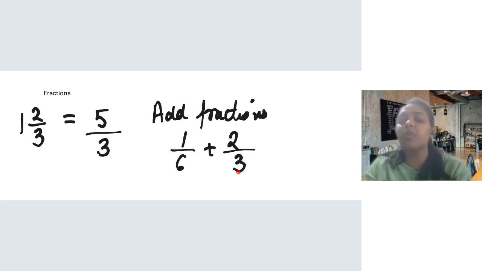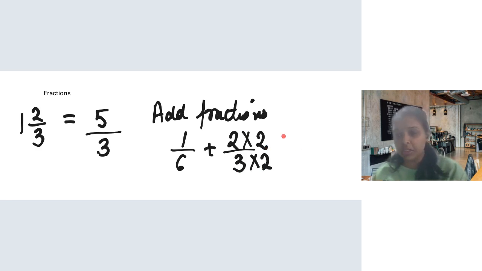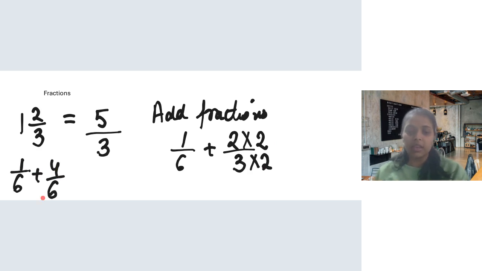Okay, so what will be the LCM of this? In this case, 6 and 3, the LCM is 6 only. Okay, so what do I need to multiply now? We multiply 3 by 2 and 2 by 1. Very good. Okay, so now the new fractions I have are this. So what will be the answer? 5 upon 6. 5 upon 6. Very good. What about if I have to subtract them?